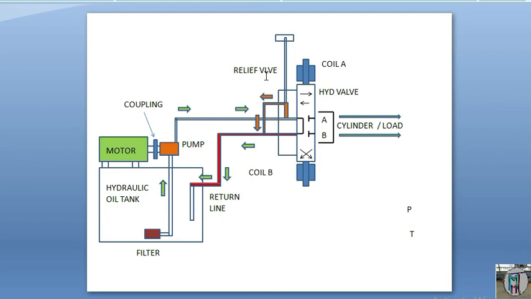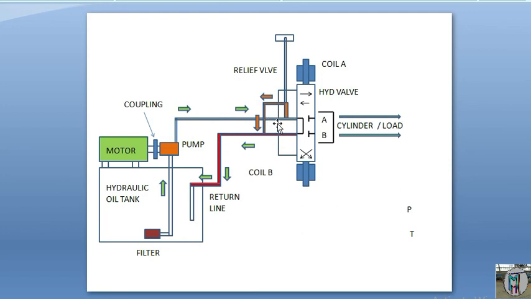You can see this is the relief valve. We put one manifold here and put one relief valve at the P point, and we set the pressure through the relief valve. Suppose we want to move the cylinder at around 90 bar pressure, so we set this relief valve. When the pressure in your cylinder is 90 bar and the pump is making around 110 or 125 bar, the extra pressure will be released through this relief valve.